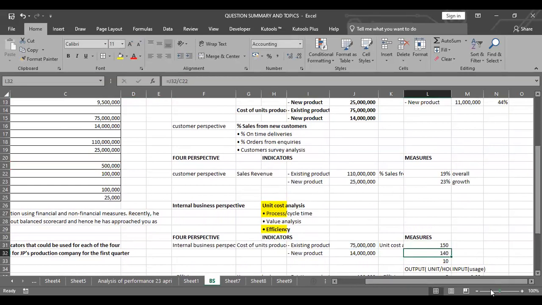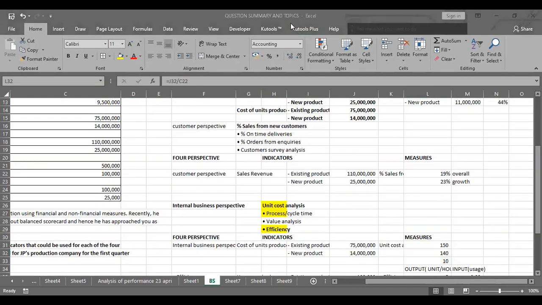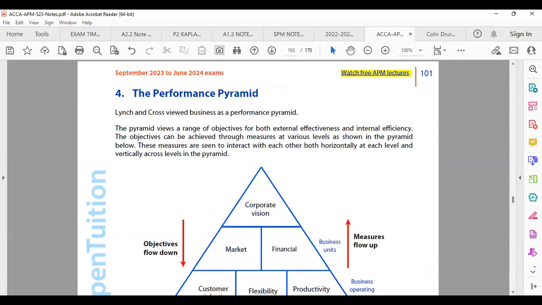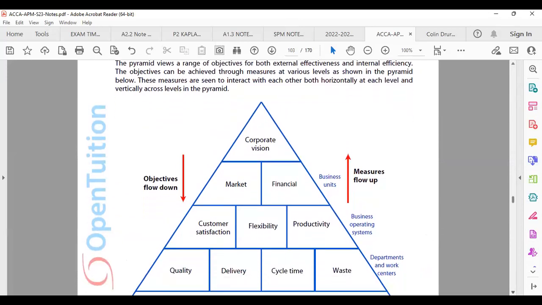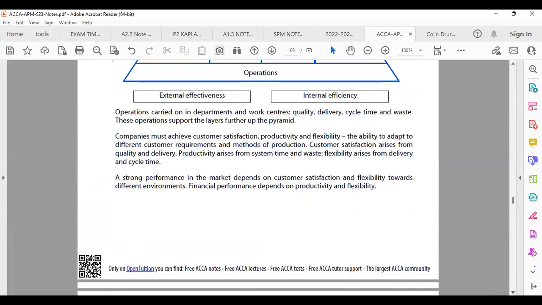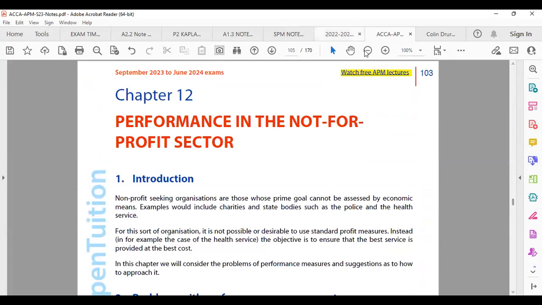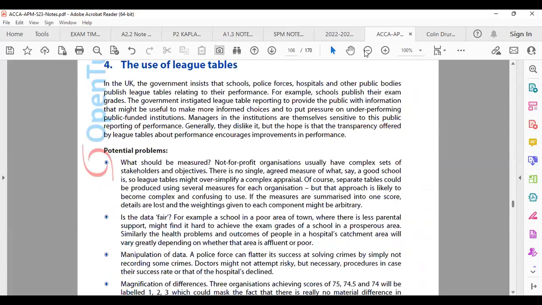If there is no question on that, that's one of the questions which was set on the balance scorecard, among others. There are other non-financial measures which I haven't seen tested as often, but you have to know them, and they are easily understandable. I don't think they require much. Like the performance pyramid, the corporate ladder, or operational issues. Value for money, you can read all that.